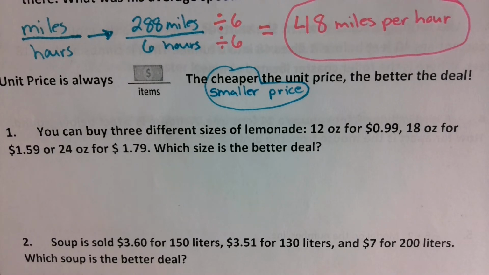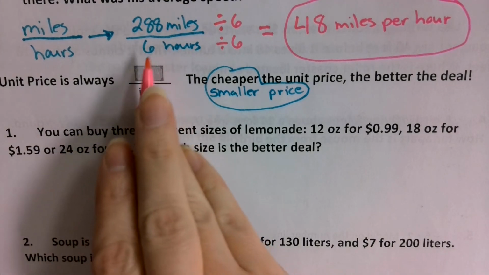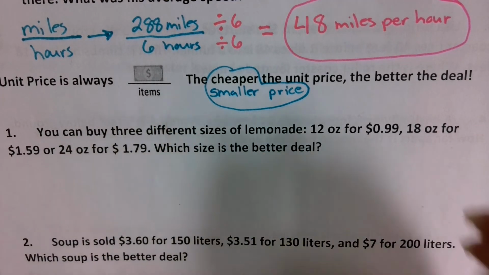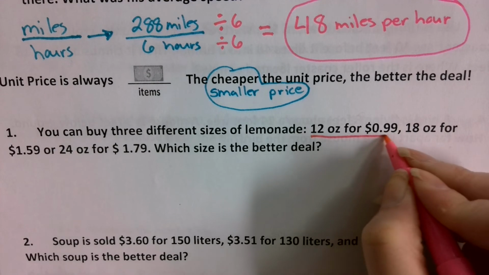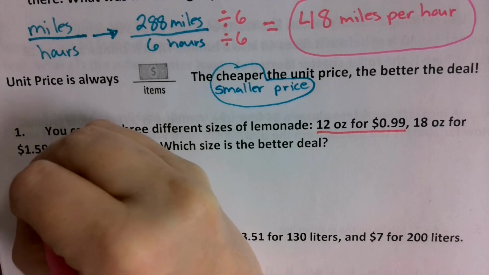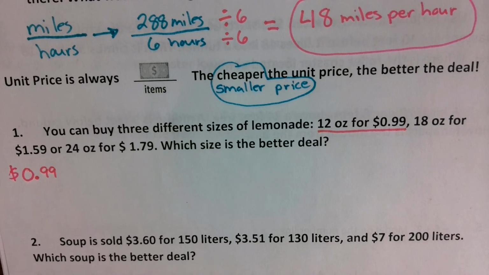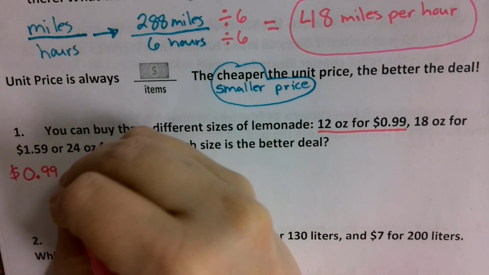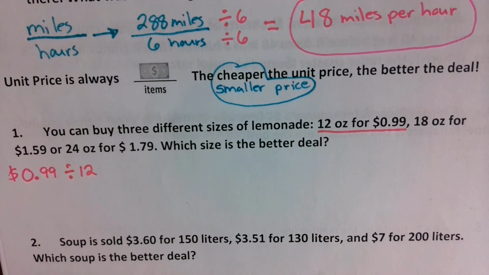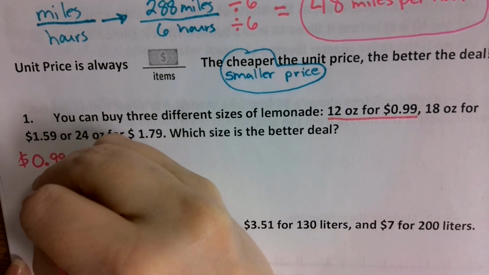So again, what you're going to do is break it down into a unit price. We're going to take the price, the money, and we're going to divide it by the item or the size of the item. So let's talk about this first one, 12 ounces for 99 cents. We are going to take the money, 99 cents, and we are going to divide it by 12 because it's 12 ounces. Now, when we do that, here's the thing. You're going to get